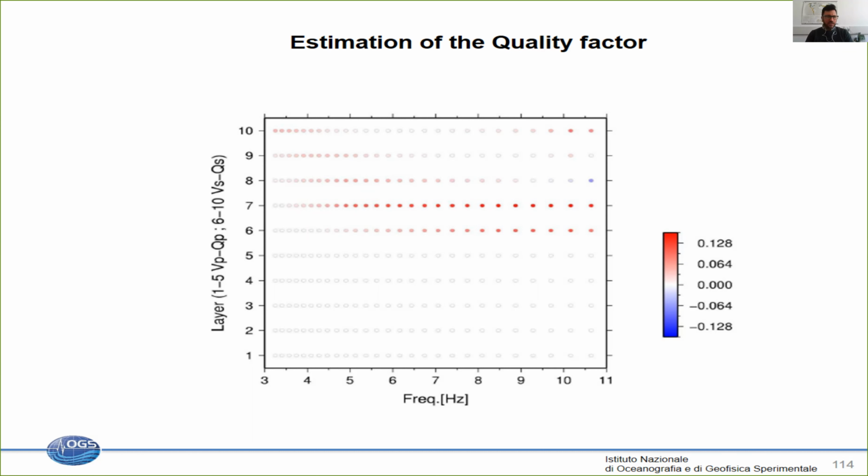Recently, similar results have also been found in California by Dave Poor, who was observing a similar behavior, with shear wave velocity not directly correlating with the quality factor. And that's exactly because the nature of the two parameters can be quite different. They are sensitive to different physical parameters. So this is quite innovative, but I also have to tell you that that's the major problem that we have